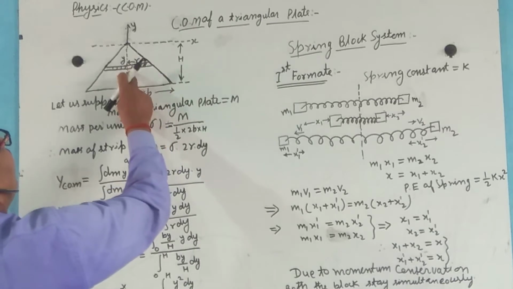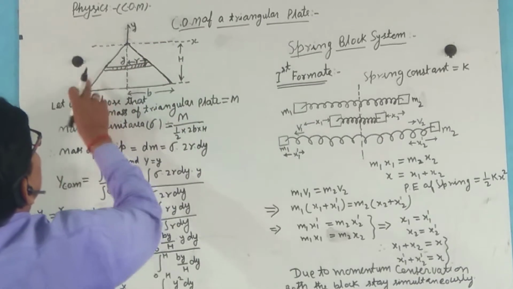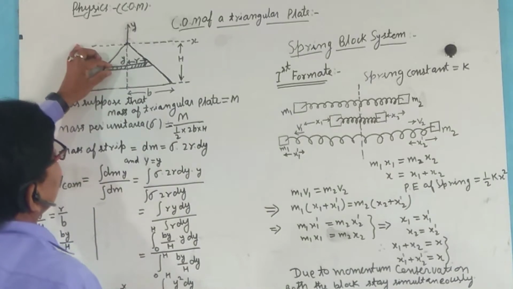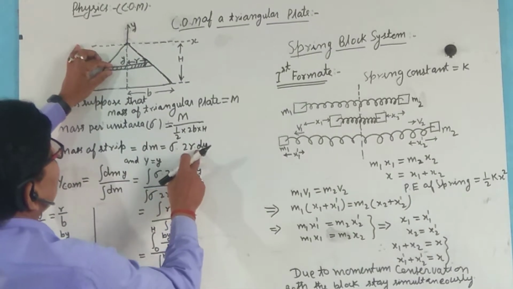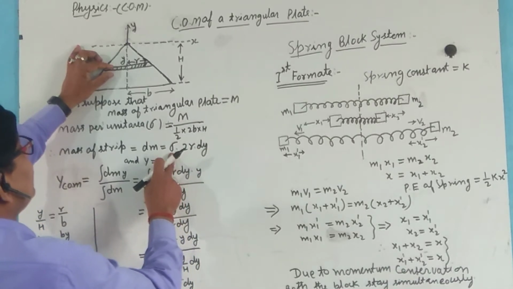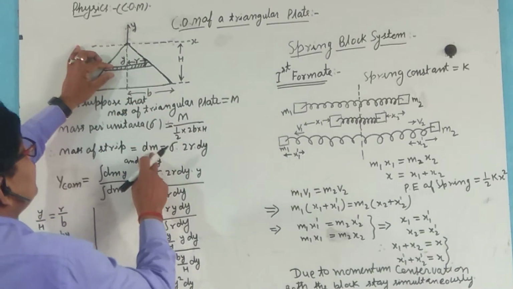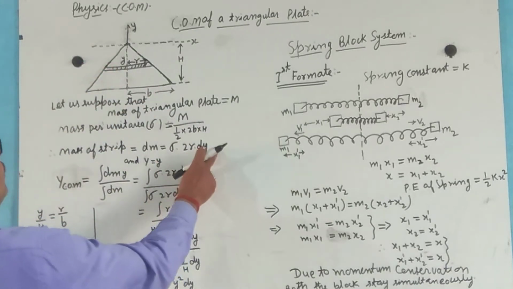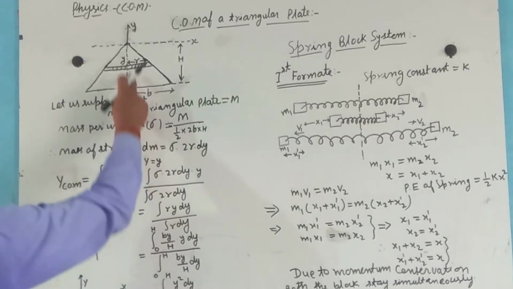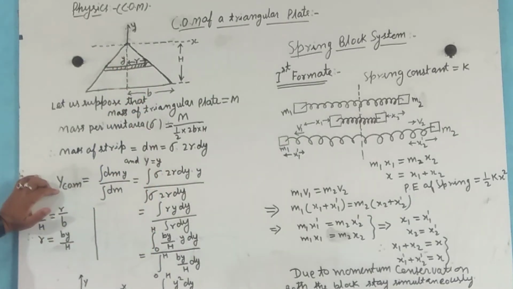This is r and these are 2r, and the thickness is dy, so the area is 2r into dy. So the mass of this strip is dm equal to sigma 2r dy, and this distance is y, so that the center of mass,